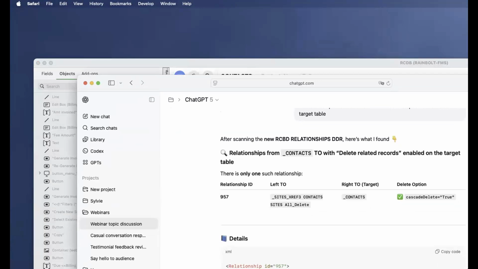Let me see if I can find it on another one. No, here it is. That's super weird. Okay, so let me do a new one. Okay, I found it.